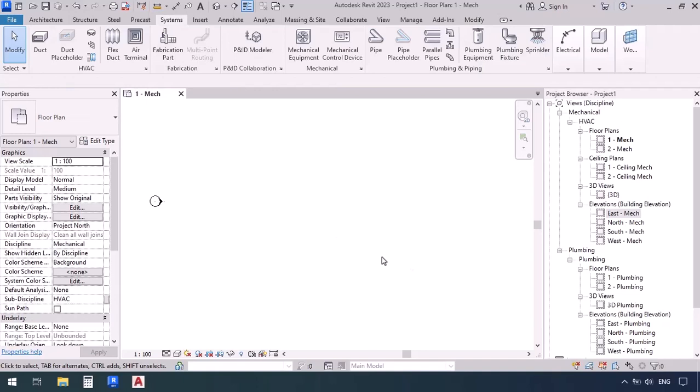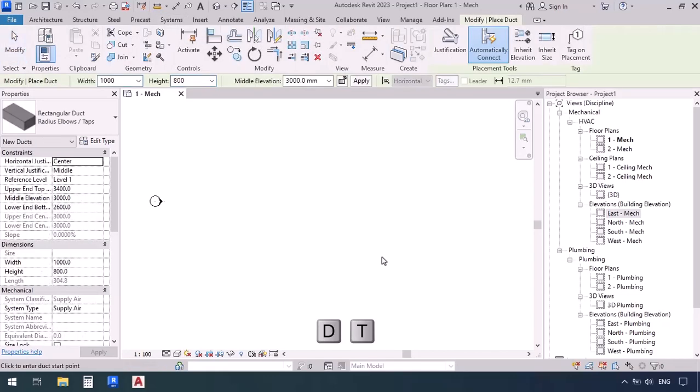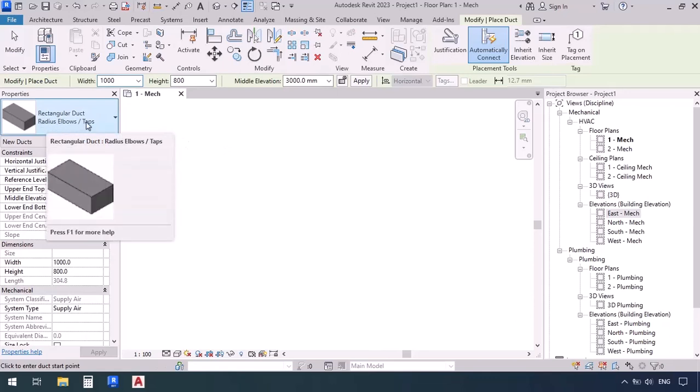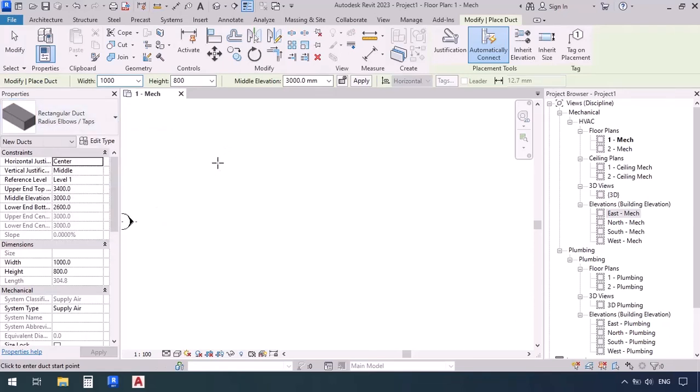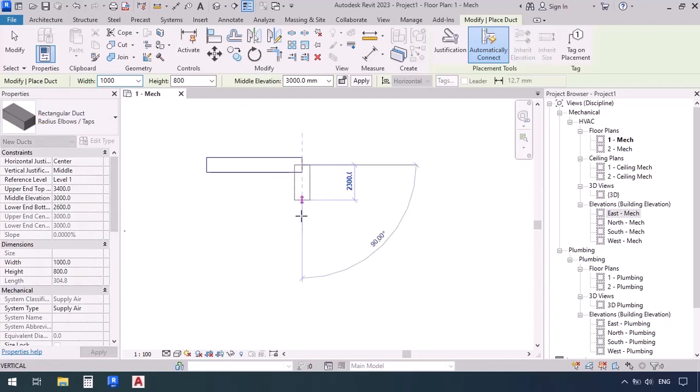Remember to learn the duct shortcut right here. It's DT. You go to your keyboard and press the D and T keys. Now we want to know what this radius elbows tabs means. Let's draw a piece of duct. Click, click, and